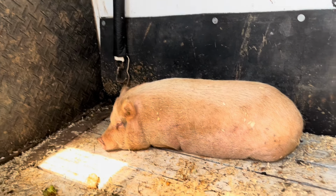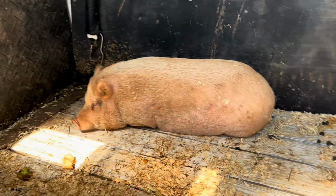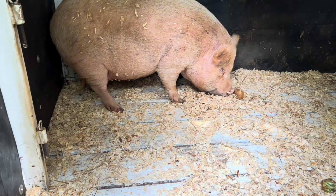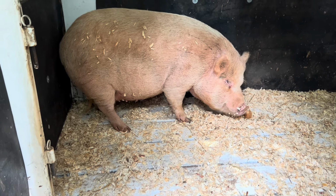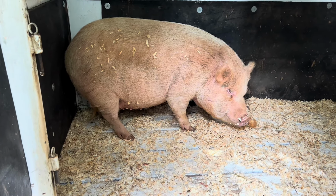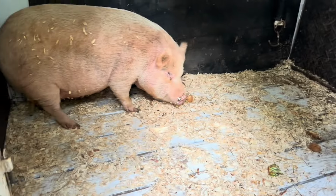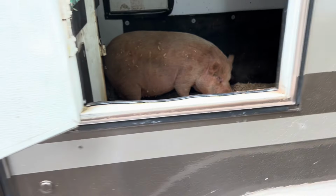One of the hardest parts of raising your own meat is this part. So this was our first pig to send off to be slaughtered. This was the day of slaughter. We pulled her up in the trailer and we were just about to unload her. And she was unsuspecting, but...